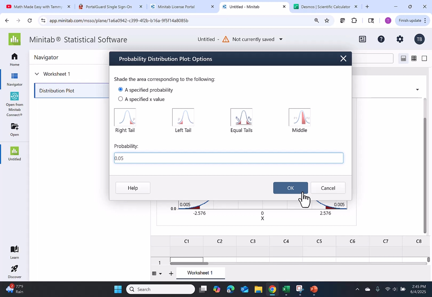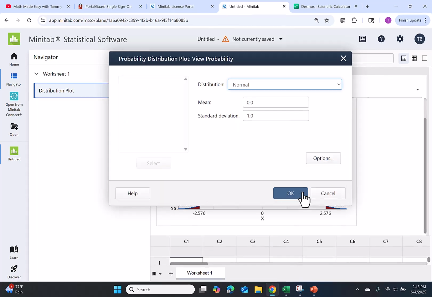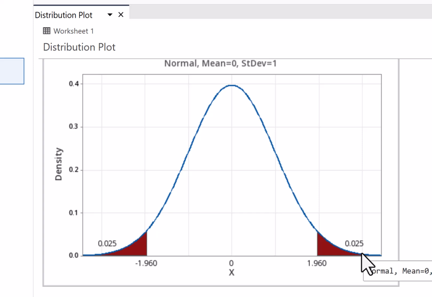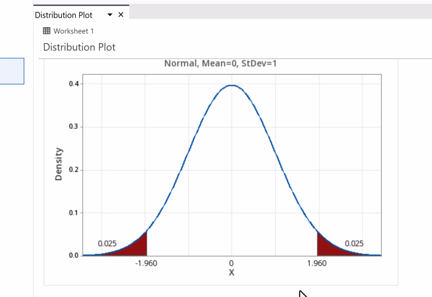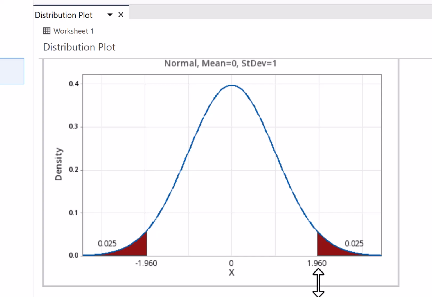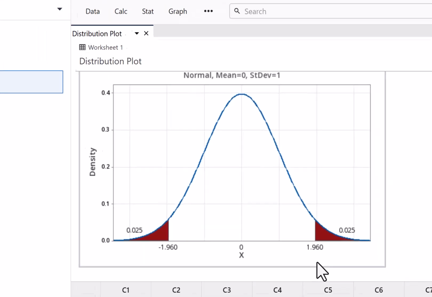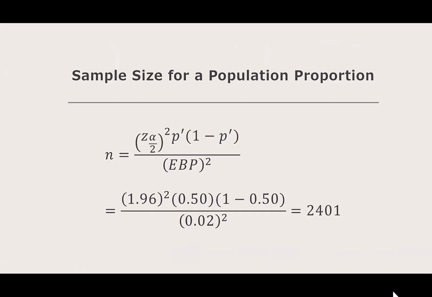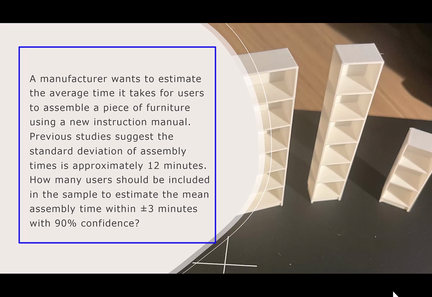We expect 2.5% on the right and on the left. In our picture, we see our 0.025 that we said we would get, and we find our value of z alpha over 2 to be 1.960. Putting that into our equation, we have 1.96 squared times 0.50 times 1 minus 0.50 over 0.02 squared. This comes out to a whole number. It's 2,401. Our last problem says a manufacturer wants to estimate the average time it takes for users to assemble